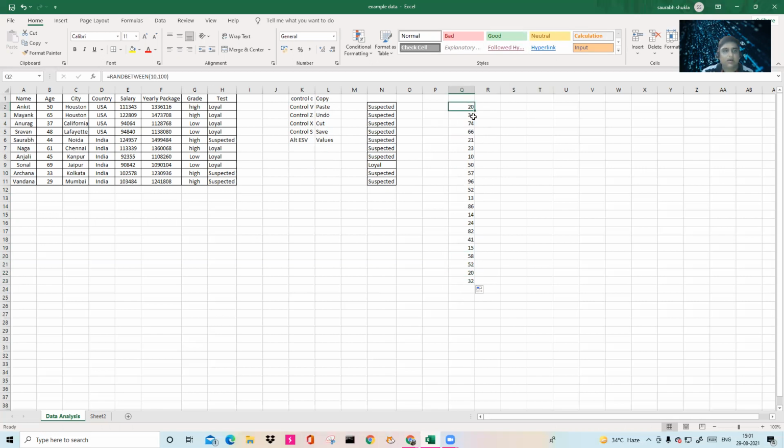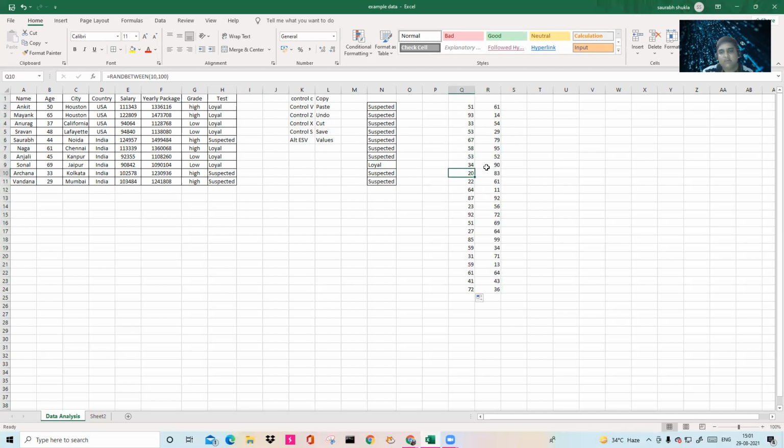So let's say there is still some formula given there. If I copy this formula and paste it here, it will generate a different number for me because it is just a formula, RANDBETWEEN. I have just generated some sample numbers. Any numbers you can generate in between anything. I have generated the age between something, and salary between 80,000 and something. So anything you can generate.